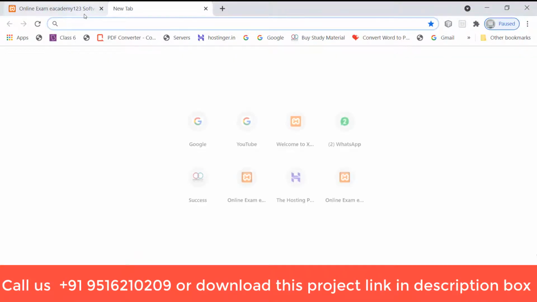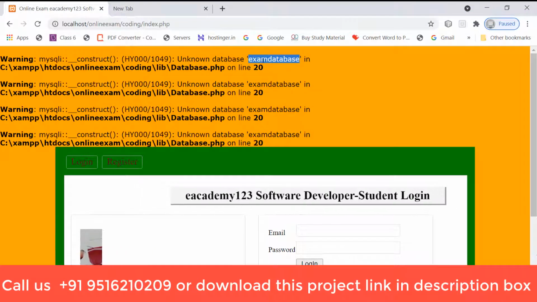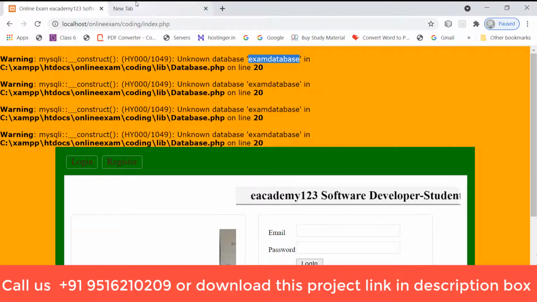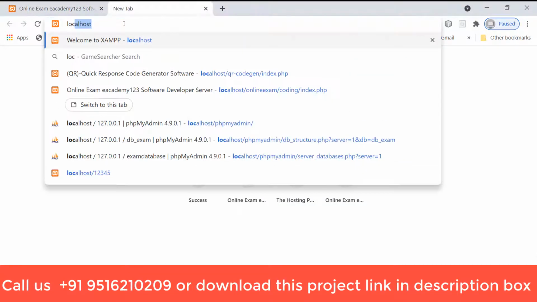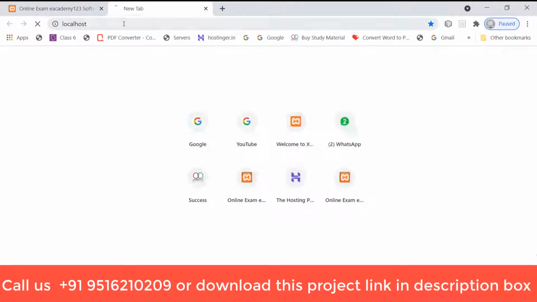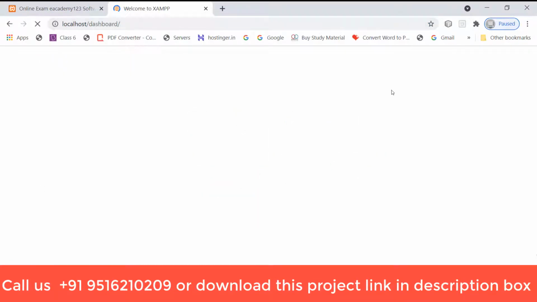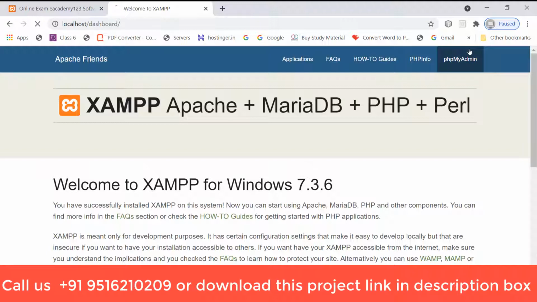Just copy this database name, because you need this database. Open localhost again, because we need phpMyAdmin. Double click it and you will navigate to the phpMyAdmin database section.